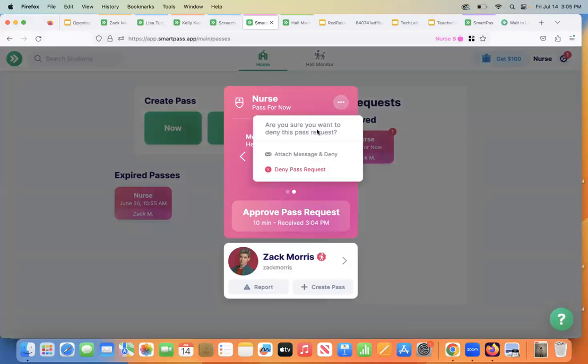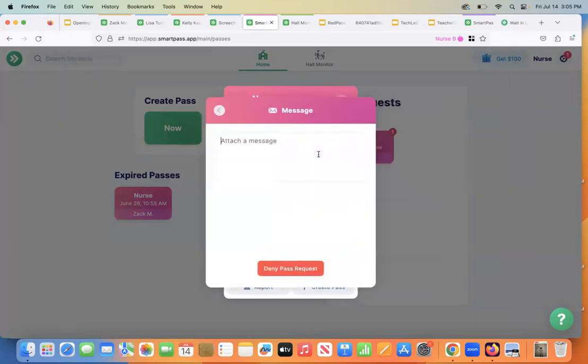She can come over here and say, I'm going to deny that pass outright. I know Zach is a student that likes to come out of class and has been down to the nurse's office several times today and has not had anything really going on. He just wants to come hang out. And I can also send one with, hey, come back later,